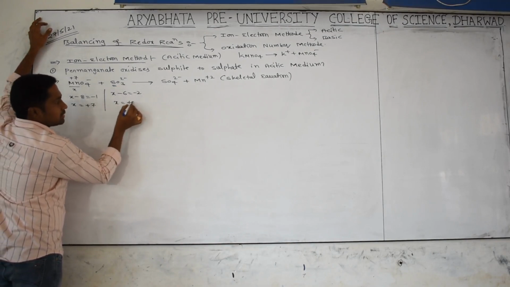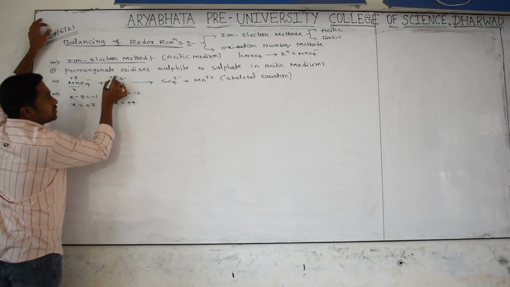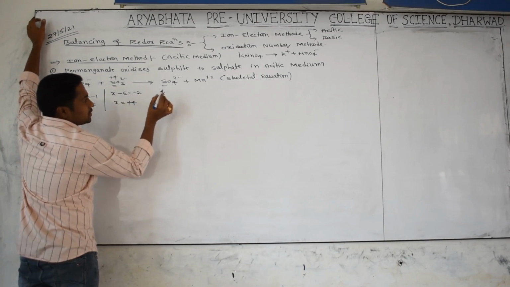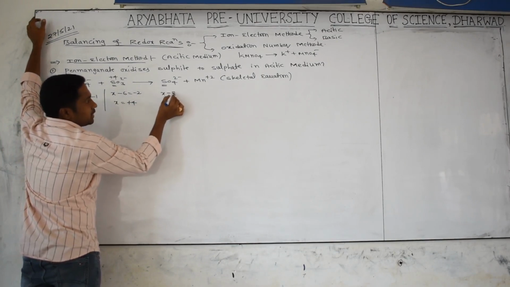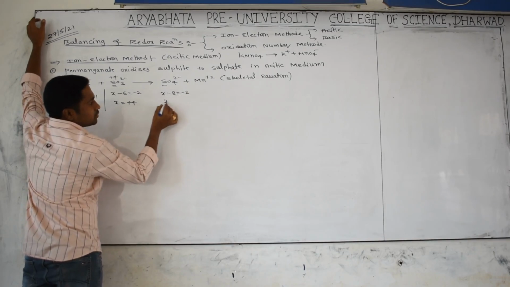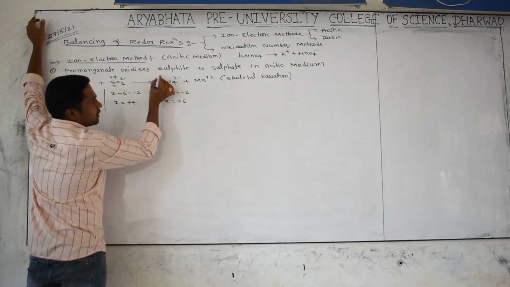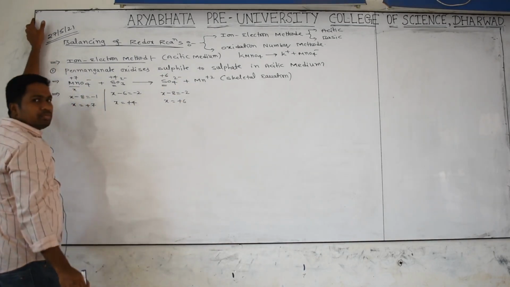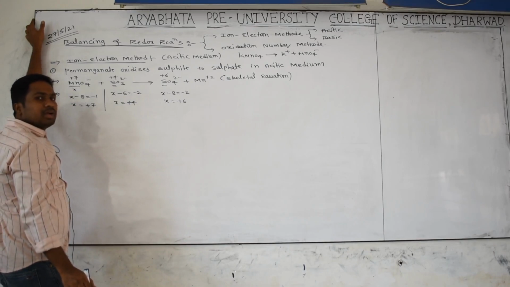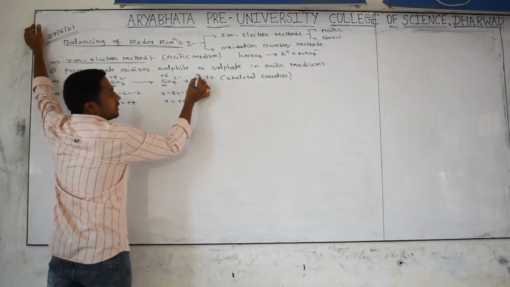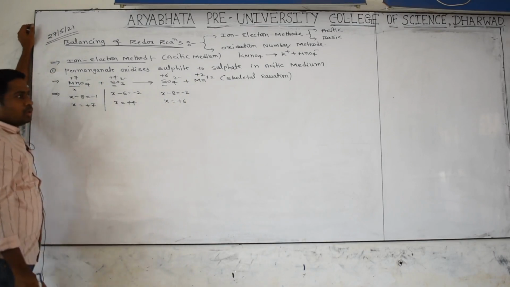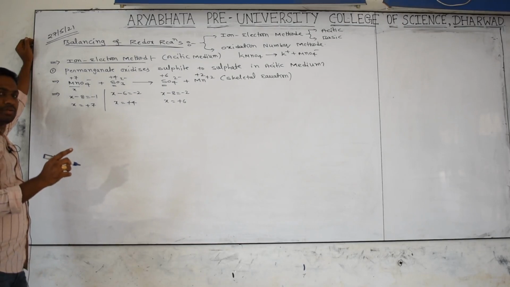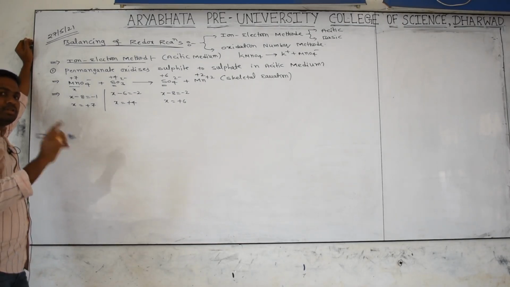Then we get X equal to plus 4, so the sulfur oxidation number is plus 4. Here also the sulfur oxidation number is X, with 4 oxygens: 4 times minus 2 is minus 8, equal to minus 2, then X is plus 6. Write it on top. What is the manganese oxidation number on the product side? The apparent charge on the particle is its oxidation number, so we write plus 2. First we wrote the skeletal equation, next the oxidation number of each constituent particle on top.